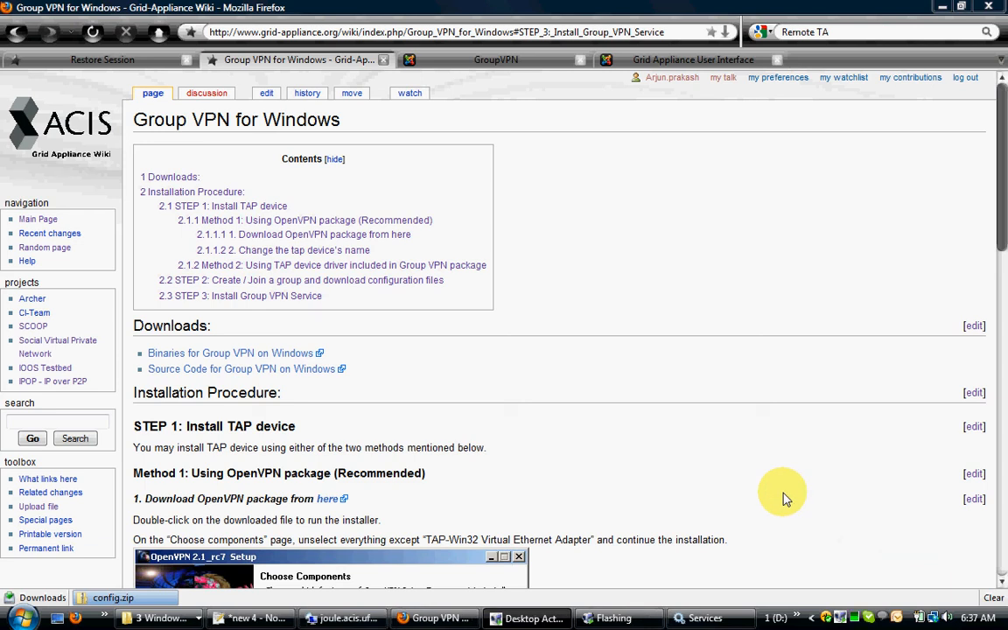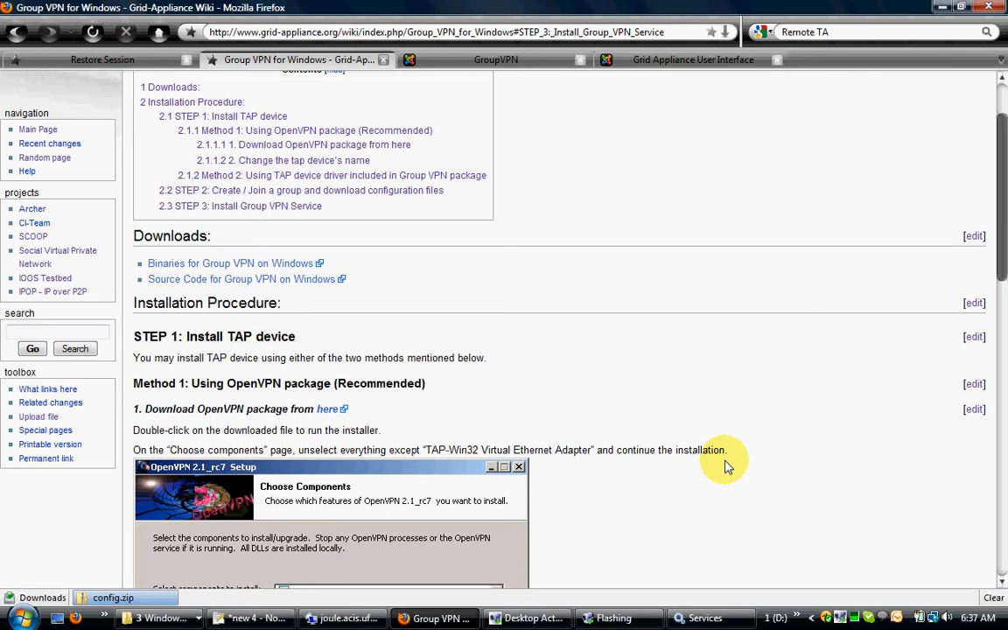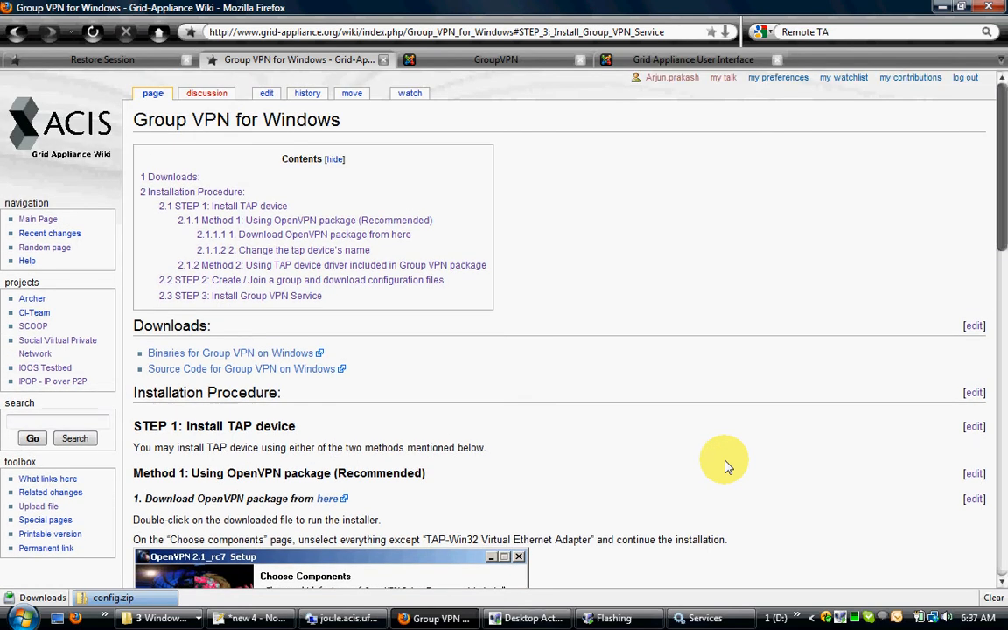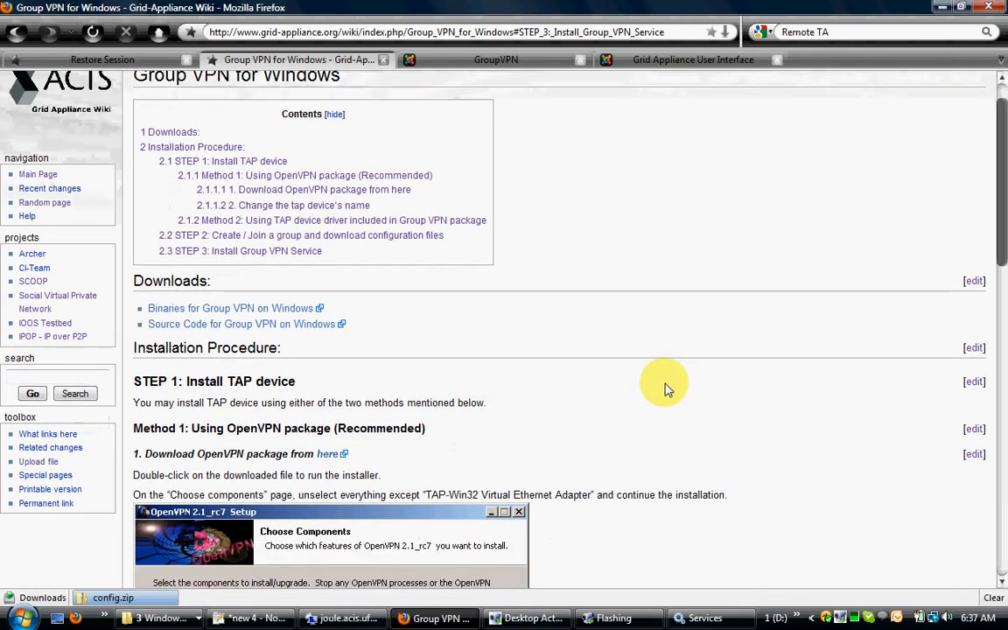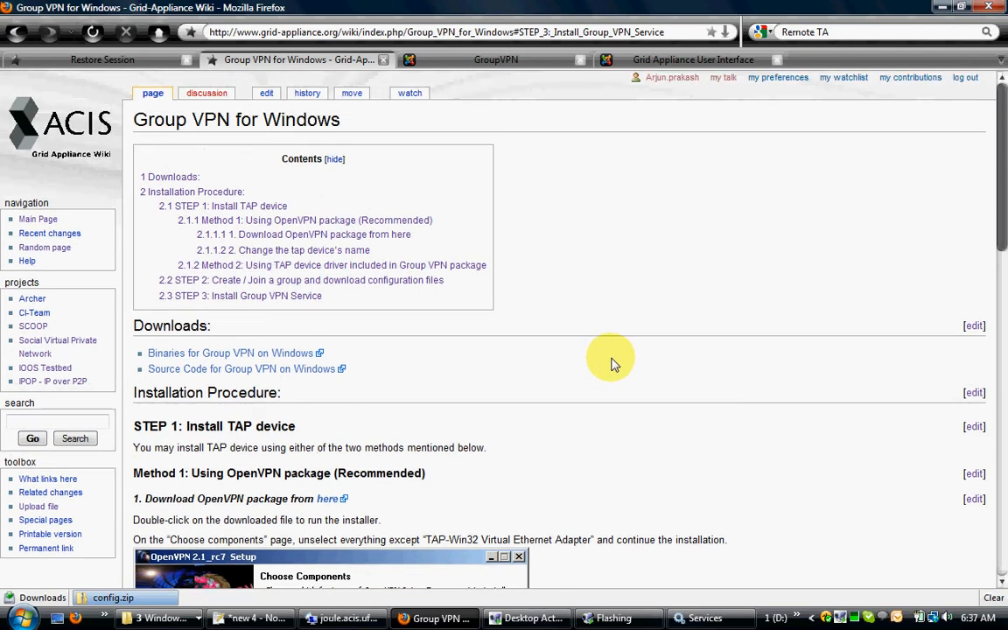Hi, this is a quick tutorial on how to install Group VPN for Windows. This will give a run through of the tutorial which is already provided on the website. What I'll be doing is getting two machines connected over a virtual private network, which uses